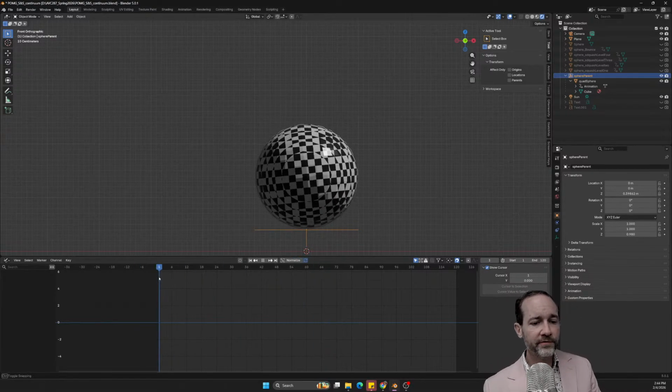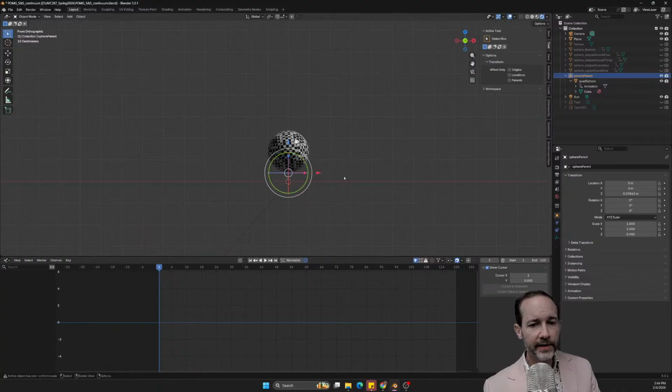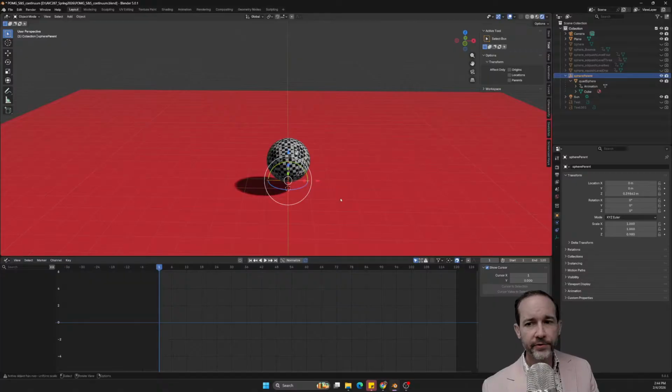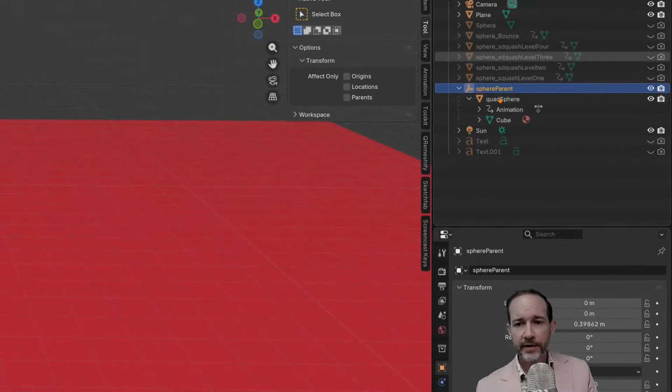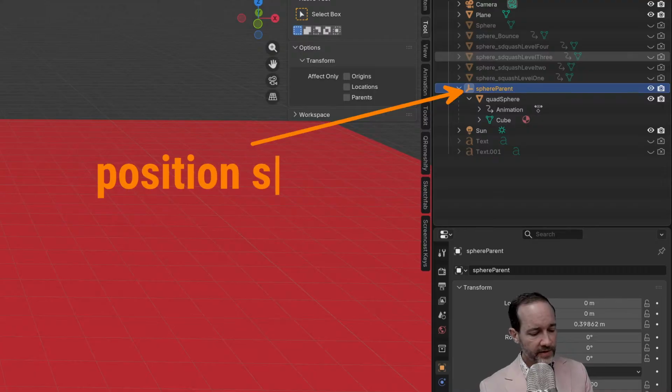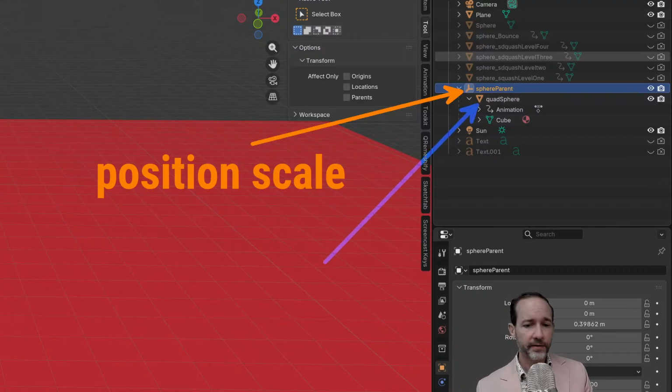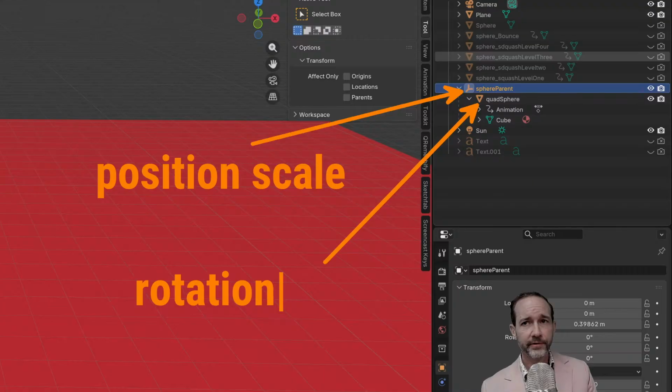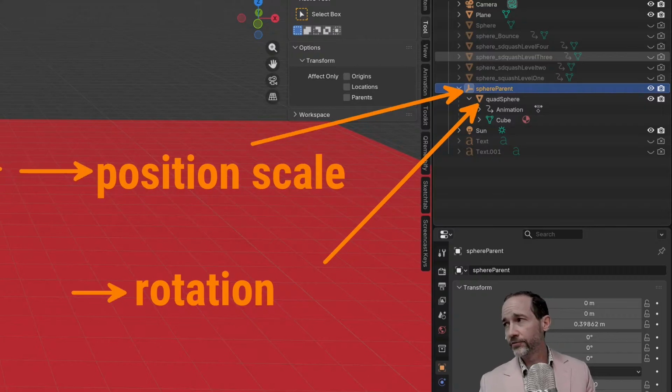So with this in mind, let's do our block out here of what we have going on. Just to be clear, on the blank parent, the invisible box, we will animate the position and scale. That's going to essentially be the movement across the screen and the squash and stretching. And on the sphere itself, what are we actually going to animate here? This is going to be the rotation of the sphere. And so let's do our